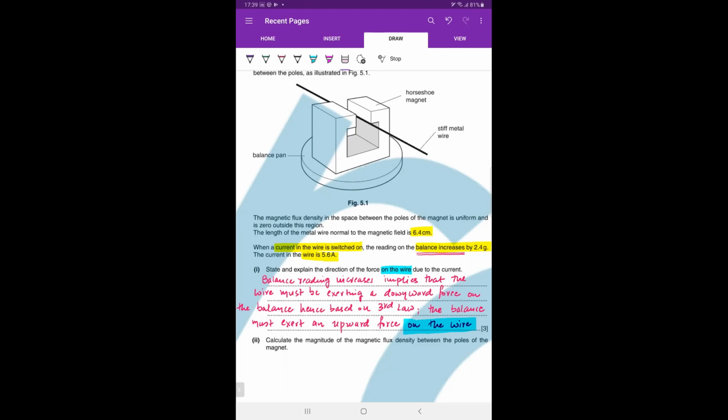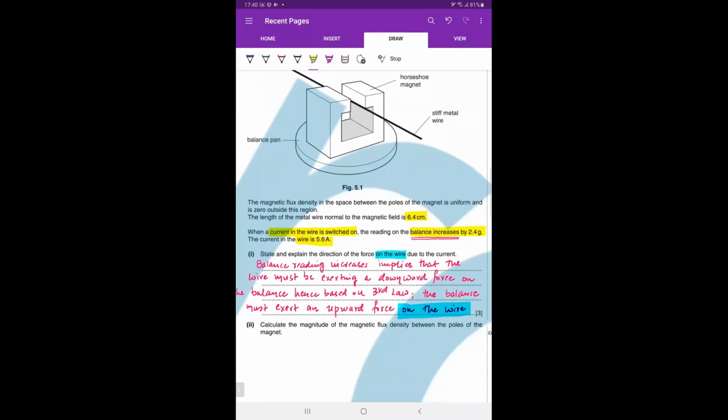The balance reading increases, which implies that the wire must be exerting a downward force on the balance. Hence, based on Newton's third law, the balance must exert an upward force on the wire. But as I said, in the first part there is no logic for alternating current yet, at least for the time being. So now in the second part,